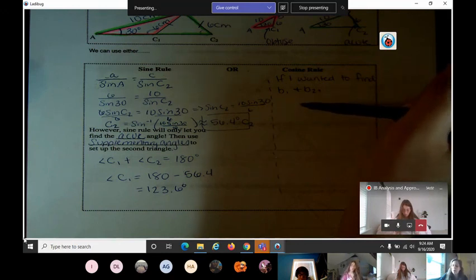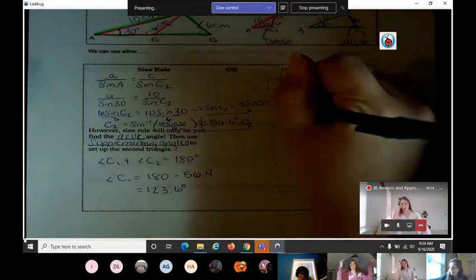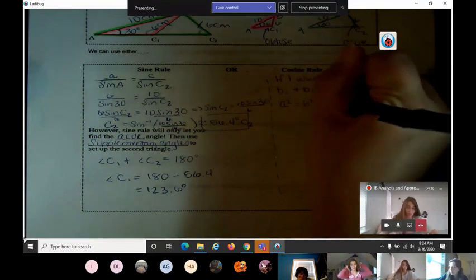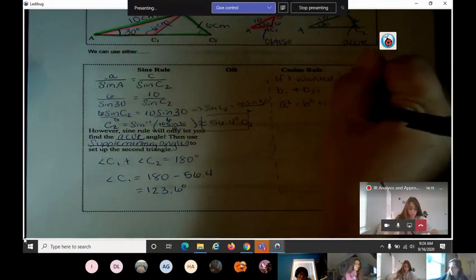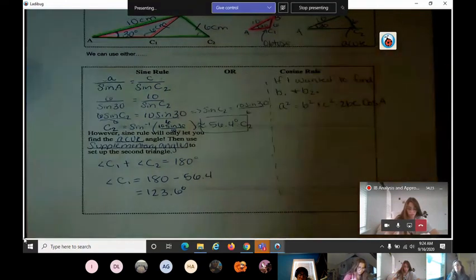I want to use one that has b in it but uses an angle that we have already. So I'm going to use a squared equals b squared plus c squared minus 2bc cosine of A. So this has little b in it. We can solve for little b still. And we have side a and we have angle